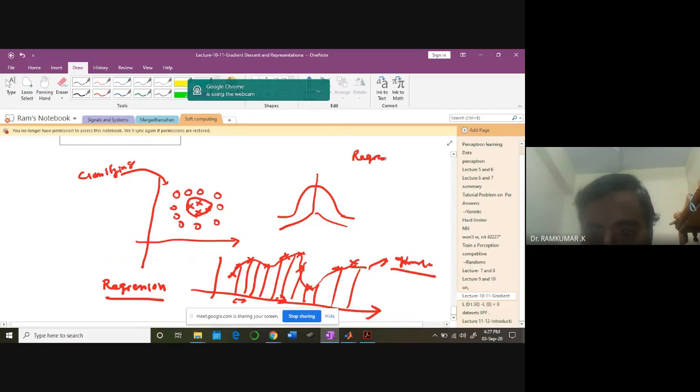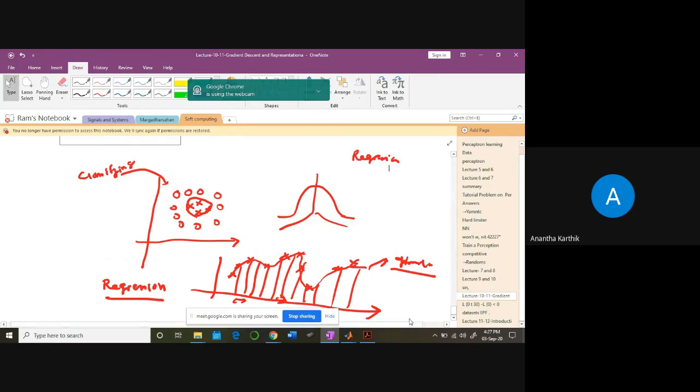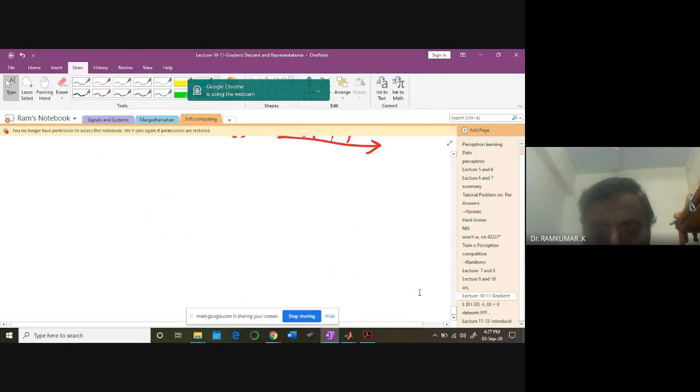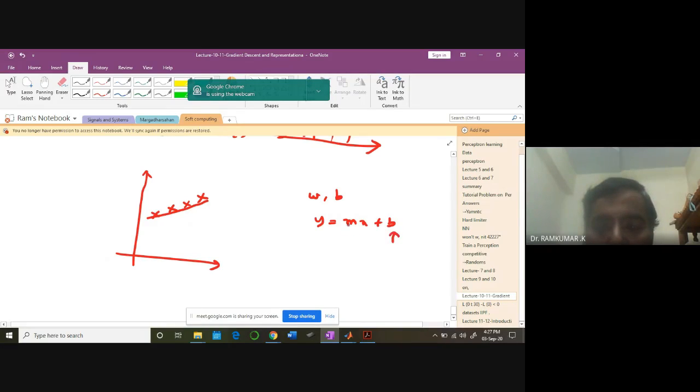The next problem I'm talking about here is a kind of regression problem. Regression problem in the sense you have a data set. The data set is like this, very simple data. Now what do you do? You try to fit a line to it. Then how do you choose this line? You choose W and B in such a fashion that Y equals Wx plus B. This is the bias, this is the weight. So choose one particular weight and one particular bias that can satisfy this problem.